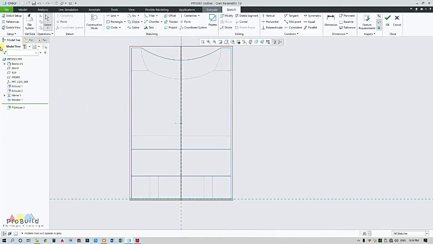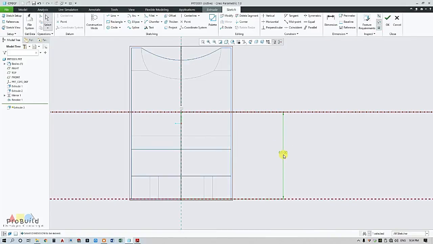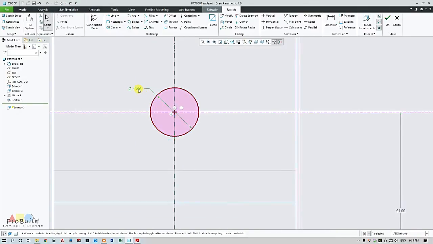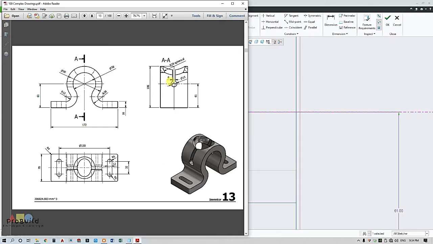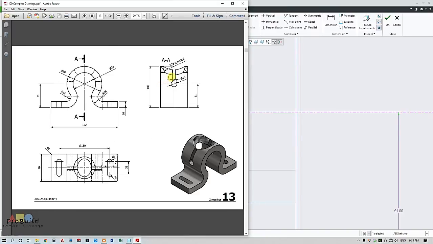So first let me make some references. Okay, just before making reference, I want to draw a center line, and this is offset at 61. Now draw a circle of diameter 15, and the offset distance is 8, this line.